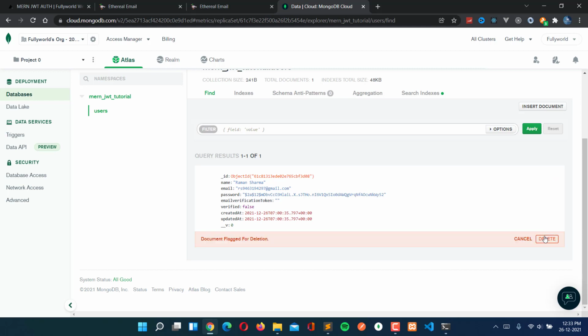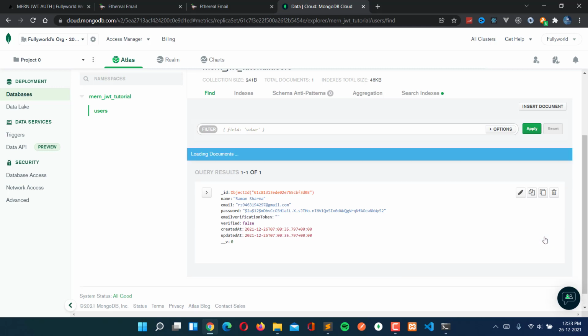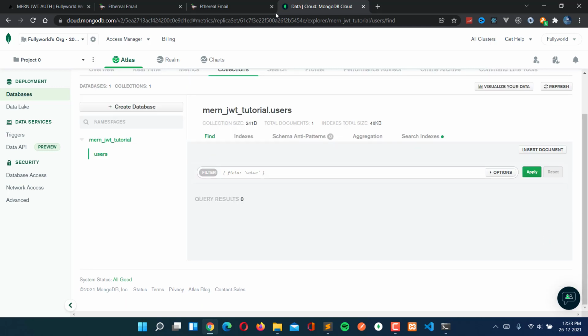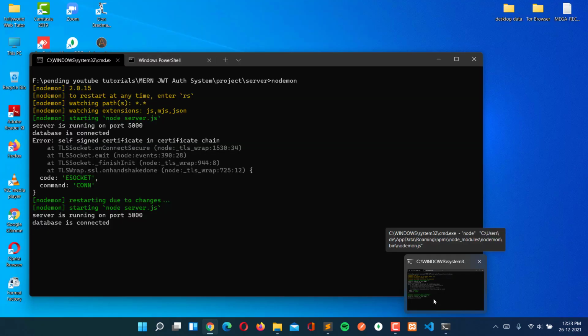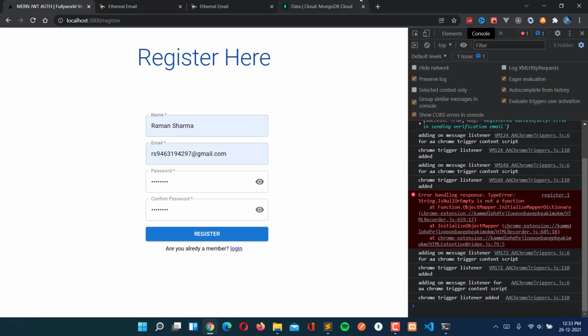Let's delete this and this. It is deleting the document, and it deleted the document successfully. Now let's go back and see if our server has started. Yes, our server has started successfully.